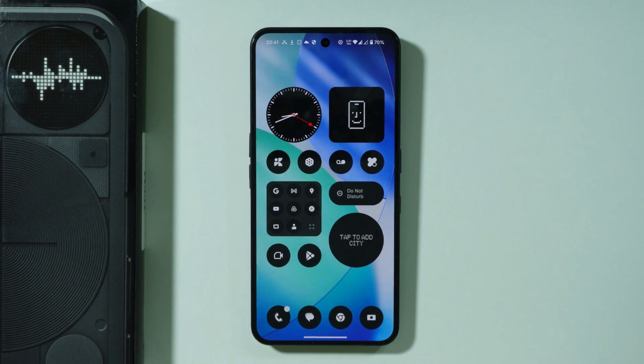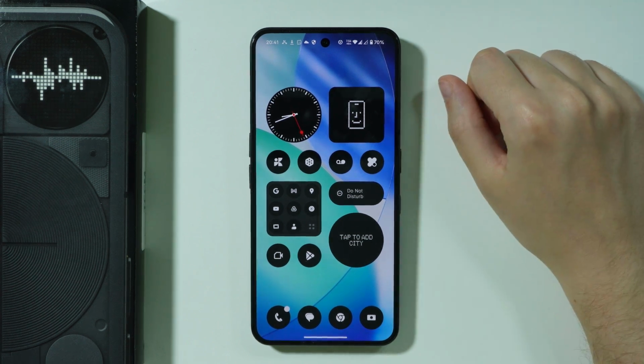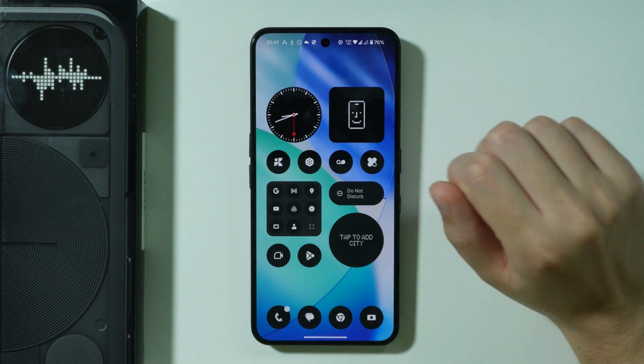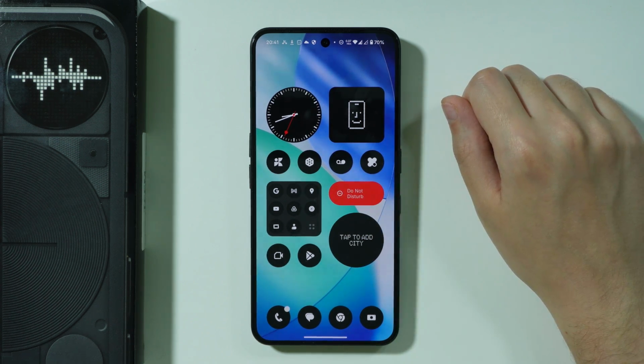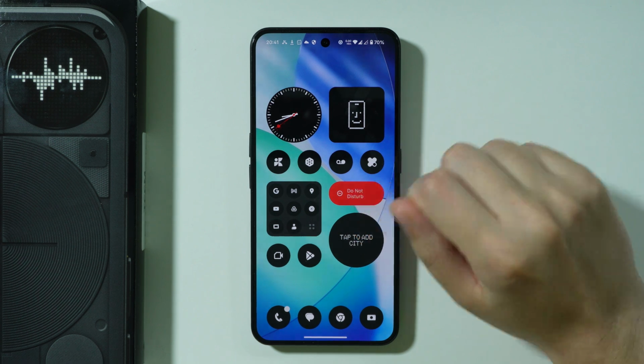If you don't see incoming calls on a Nothing Phone 3, if they don't display on your phone, then here's what you can do in order to try to solve these issues. So the first thing that you can do is check if the Not Disturb is enabled. If it's enabled, then this might be the reason why you cannot see incoming calls, so you might want to